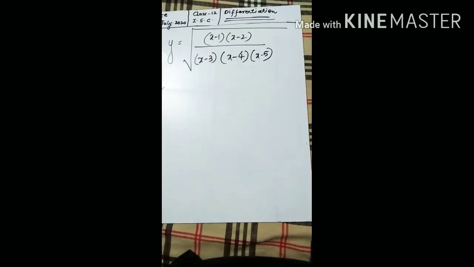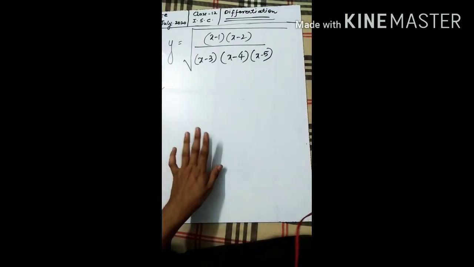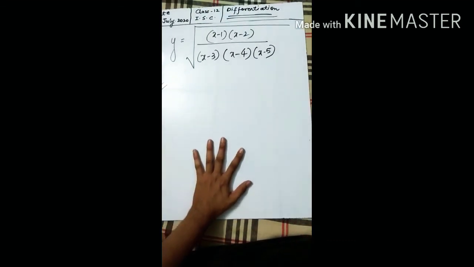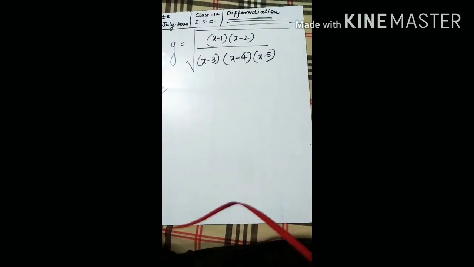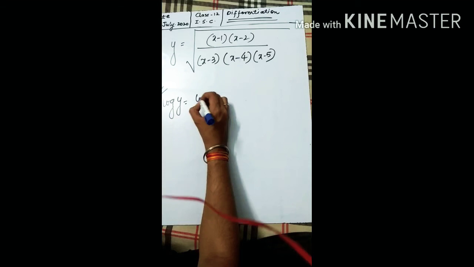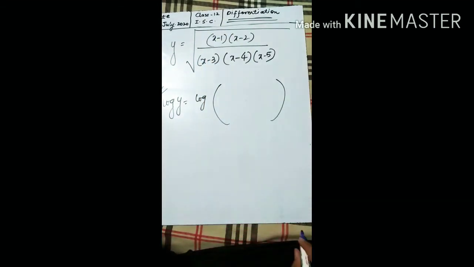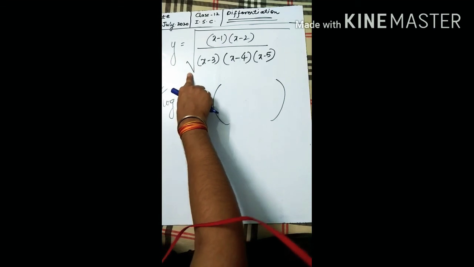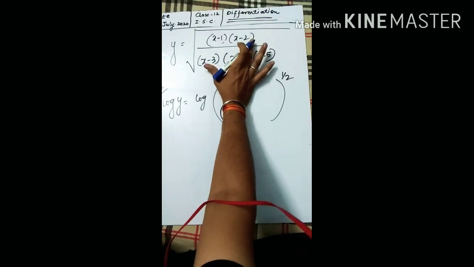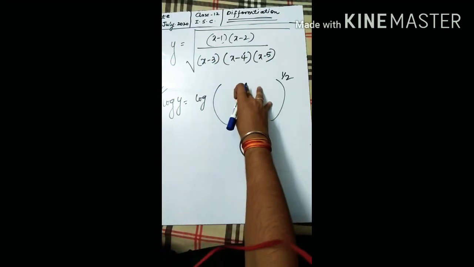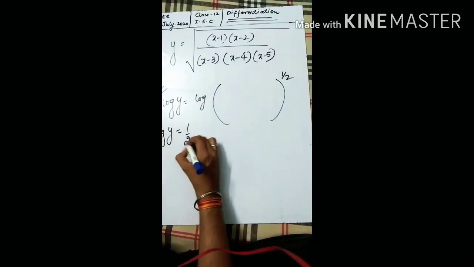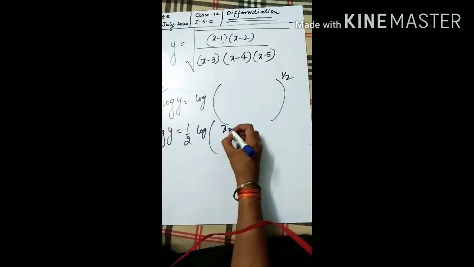Okay, now let us do this question. I need the solution of this question from you, and I'll give you some hint how you will solve it. For solving this question, we have to take log, taking log both the sides. So this will be log y equal to log and all this term over here. Now as this is a square root, it will be half power, and whatever the rational expression is, you write it here. We know that this half will come down, so it will be log y equal to half log, and whatever content is here,